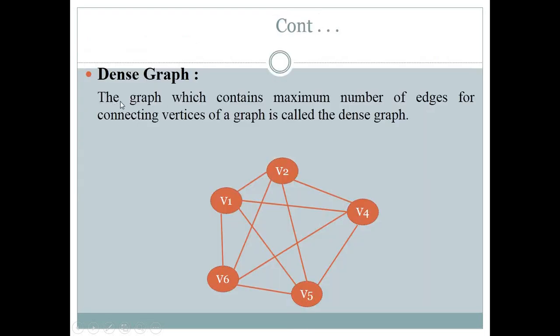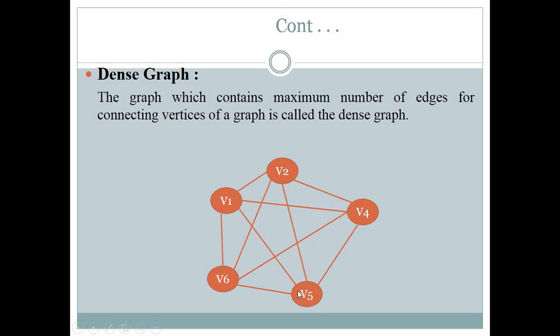Now dense graph. The graph which contains the maximum number of edges connecting vertices of the graph is called a dense graph. This says each and every possible edge will be there in our graph. Let's check. If we have an edge from V1 to V5, then V1 to V5 edge is available.